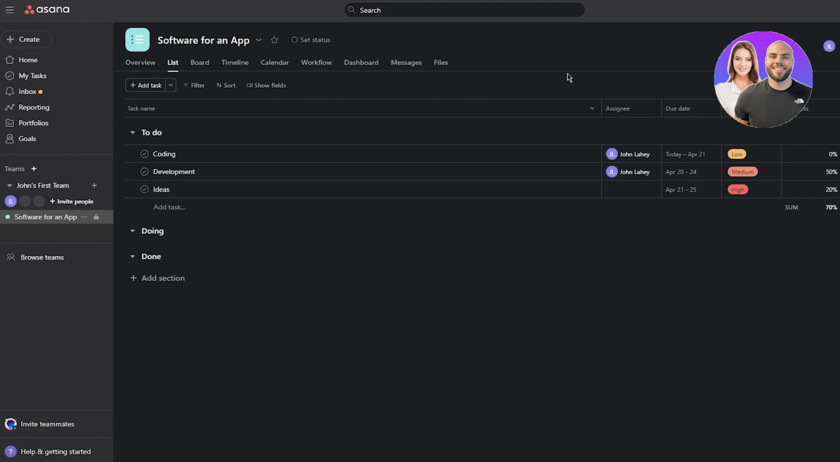As you can see, the Asana interface is pretty intuitive and easy to navigate. You can organize your projects, tasks, and team members by creating different sections and using tags to prioritize and label your tasks. So, basically, to label our tasks, let's say